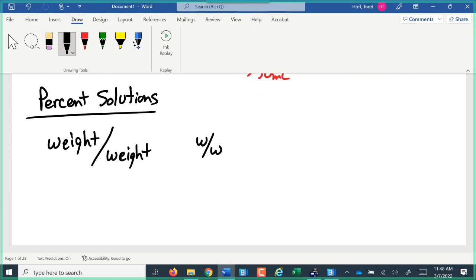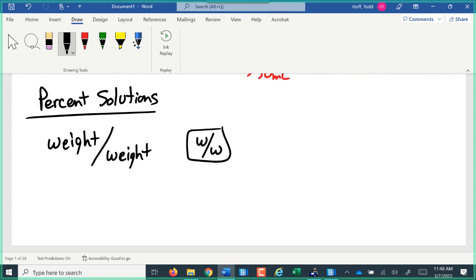It actually comes from the customary system, where it was ounces or pounds, where we were using weight units. In the metric system, we're using grams and kilograms, so technically those are mass units. It should be changed to mass in mass, but we keep that notation W/W, or weight in weight,